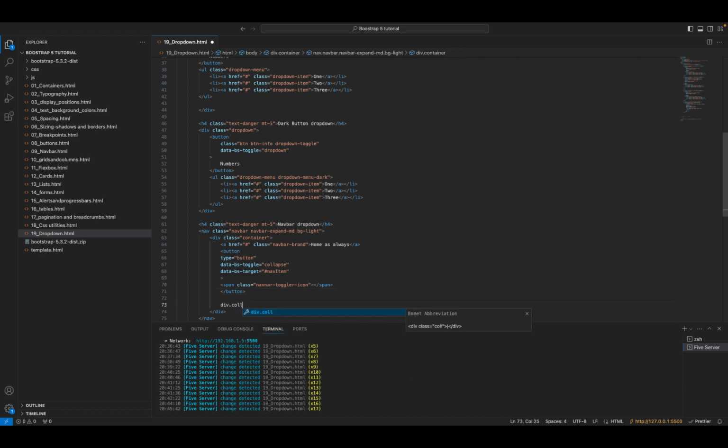Sorry about that, touched my mouse pad. And then what is collapsing? Another collapse. And I also wanted to have a class of nav item, okay, because we referenced it here. So it's going to have a class of nav item, and then we start creating the actual item, which are